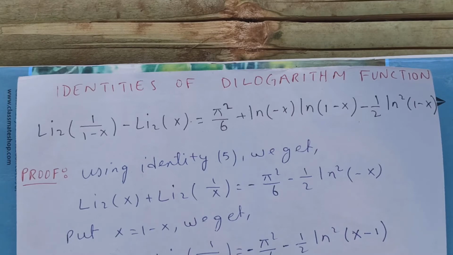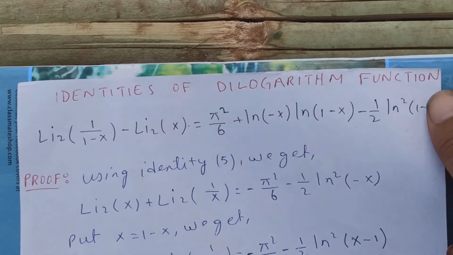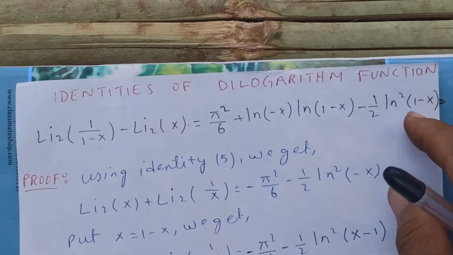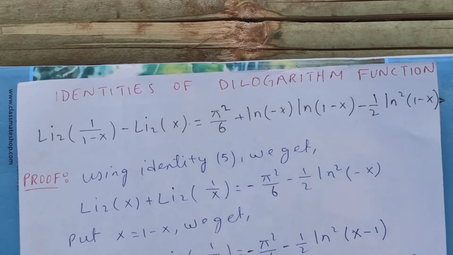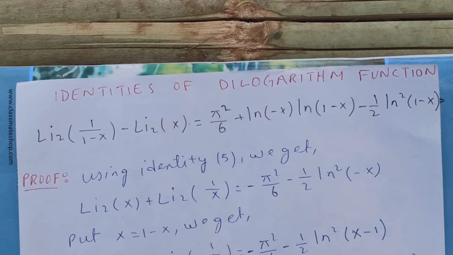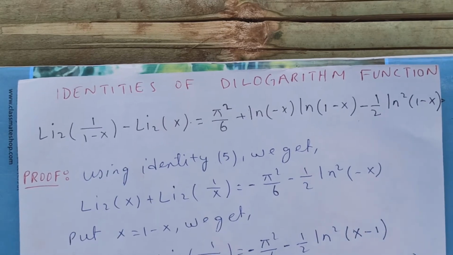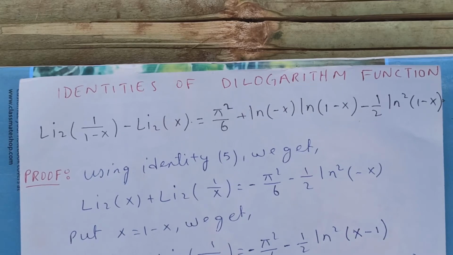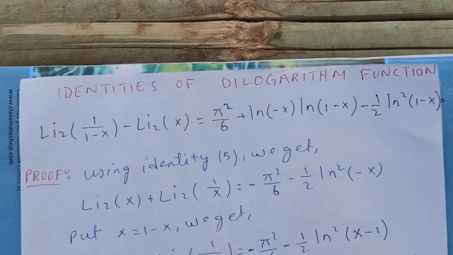Today we are going to see another identity of the dilogarithm function, or what we call the Spence function. Okay, so here is one identity here: Li2(1/(1-x)) minus Li2(x) is pi squared over 6 plus natural log of negative x times natural log of 1 minus x minus half of natural log squared of 1 minus x. Okay,